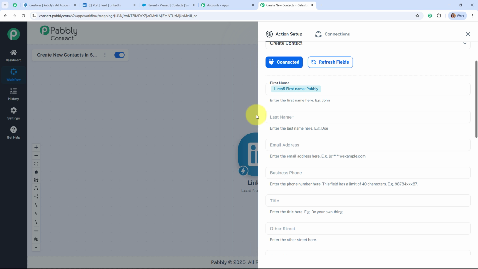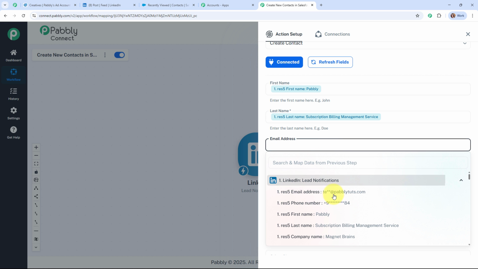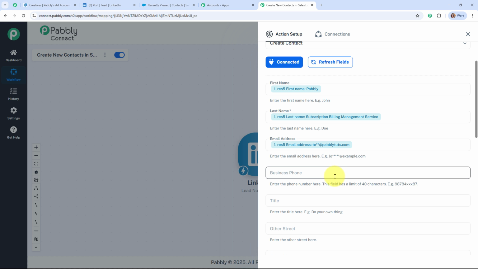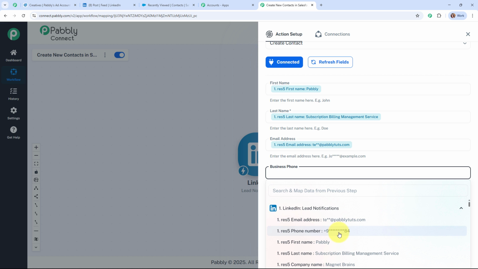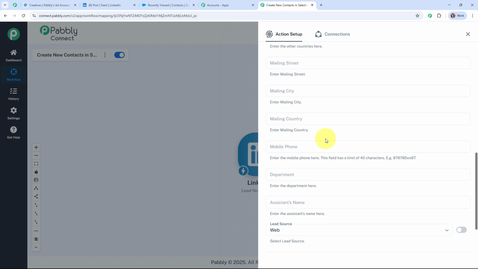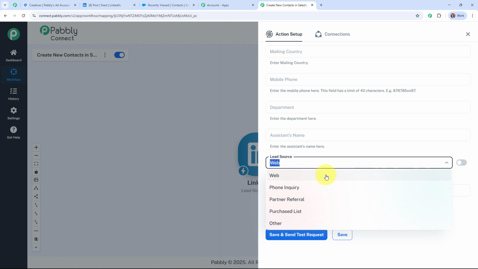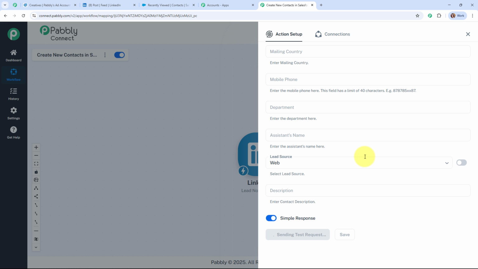So here I'm going to map the first name first. Here I'm going to map the last name. Here for the email address, I'm going to map the email address. Here for the phone number, I'm going to map the phone number. Moving forward, here you can map the title and some other details as well. So these fields are not required fields, so I'm going to leave it blank. Here for the lead source, I'm going to select web. And now after entering all the required details, I'm going to click on the save and send test request